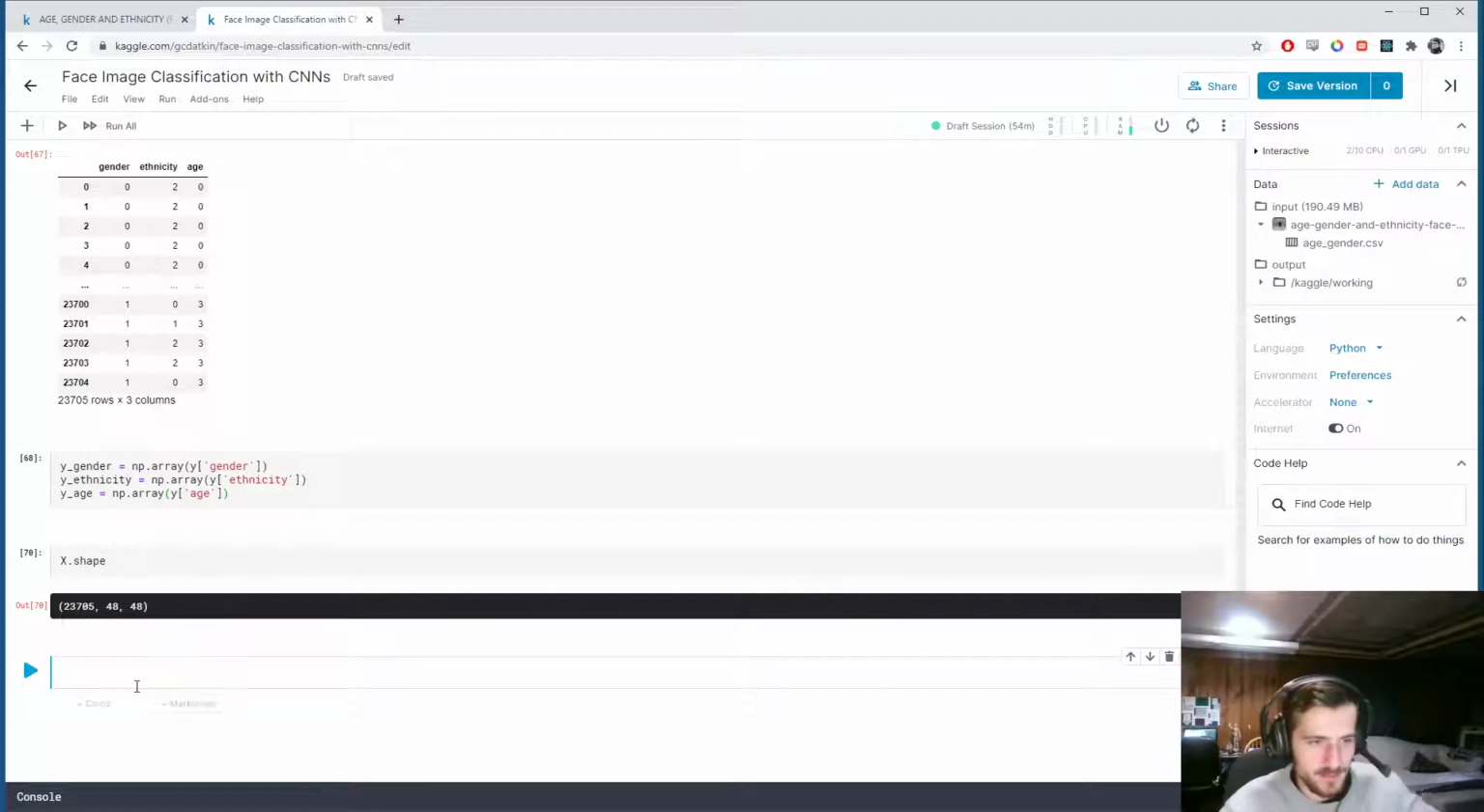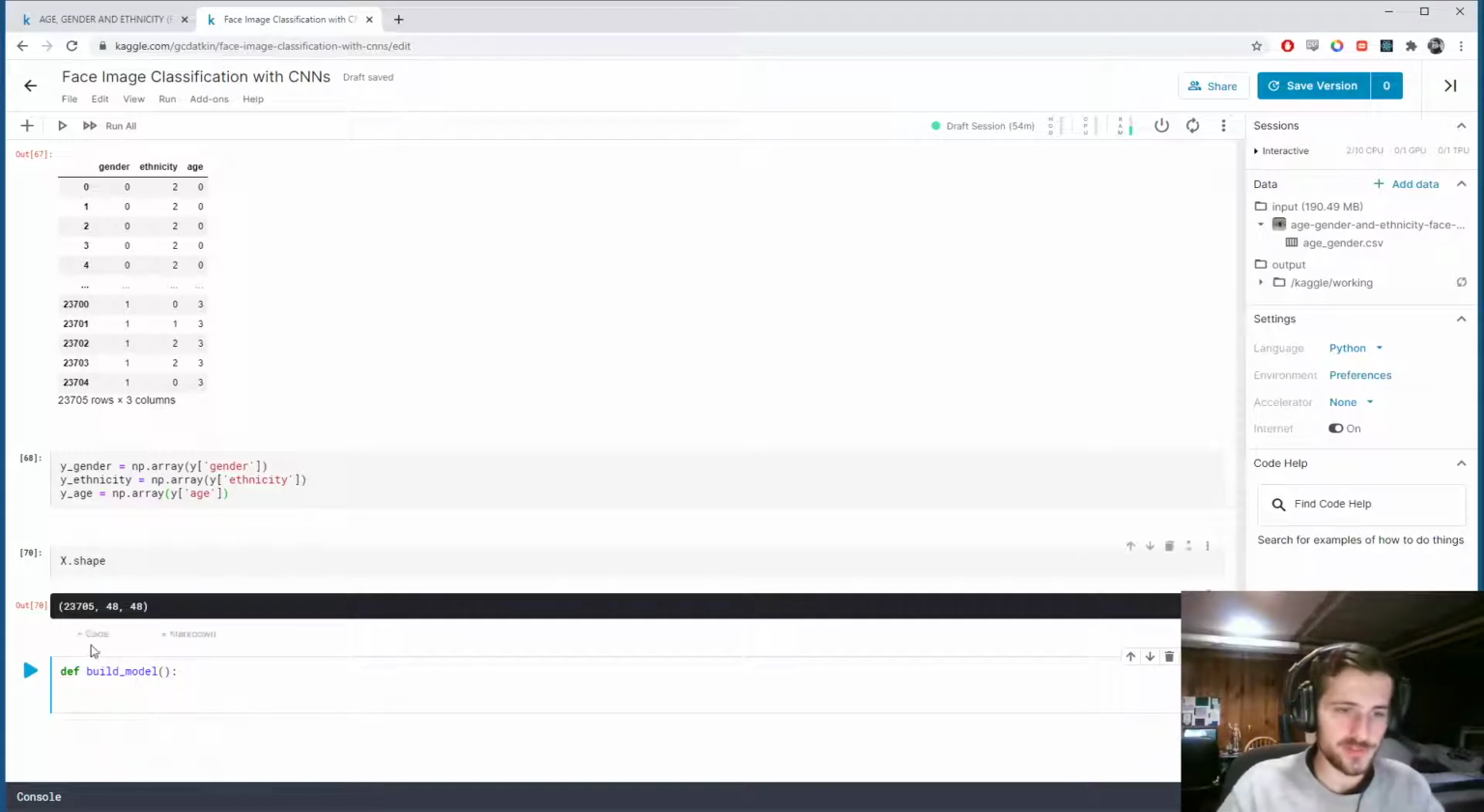Alright, now we'll make a function called buildModel, and this is going to be building the Keras model and then compiling it so that we can do this once for each of the 3 models we need. So we'll do a pretty standard convolutional neural network, starting with an input layer,